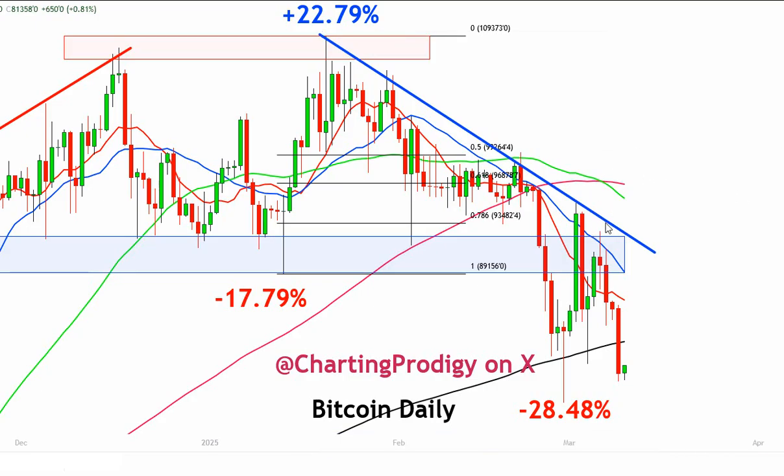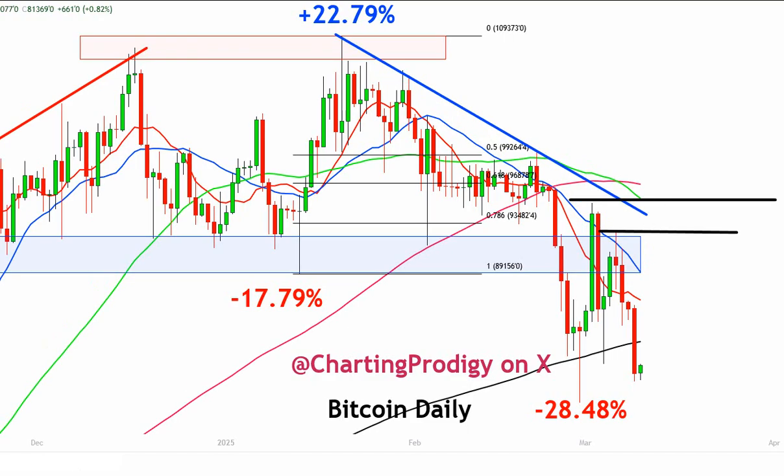Do we clear it? And then if we do, do we get back above the resistance zone, the lower high and this peak right here with the announcement of the crypto strategic reserve? Got to be able to clear the trend line. Got to be able to clear the resistance. I just put the trend line back. You can see, again, this is a resistance zone right here. And that's the trend line of resistance.